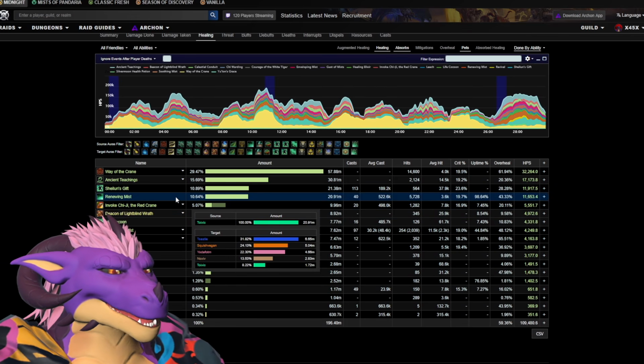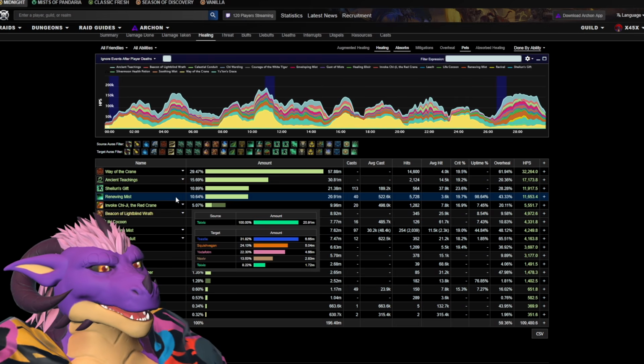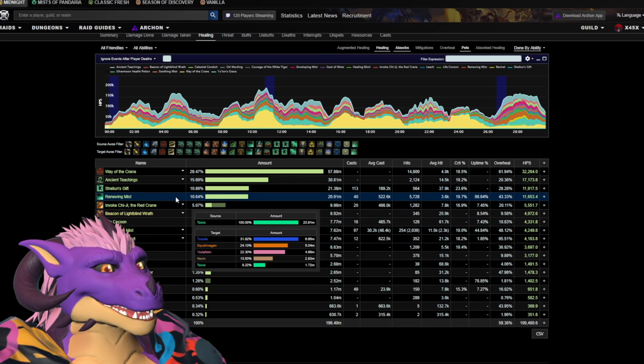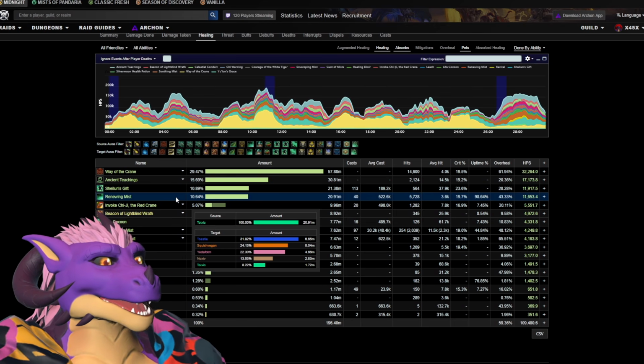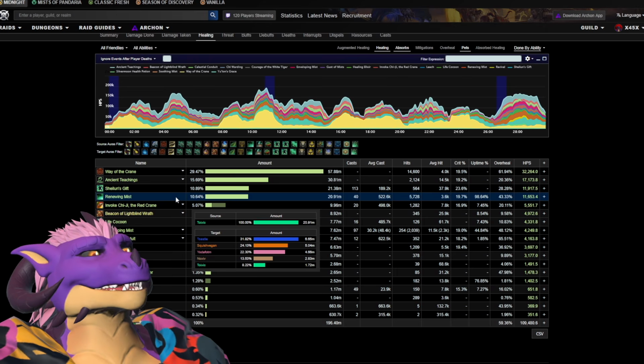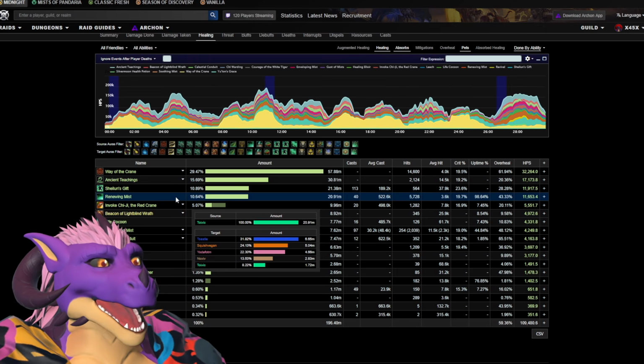Renewing Mist is doing a lot. This is a heal over time. Whoa, and you only cast it 40 times? Yeah, it's because you only really need to cast it when you're ramping. Your Rising Sun Kicks will get these out, and the Renewing Mist on the lowest health target with the talent Mist line is receiving more healing, like a lot more healing.